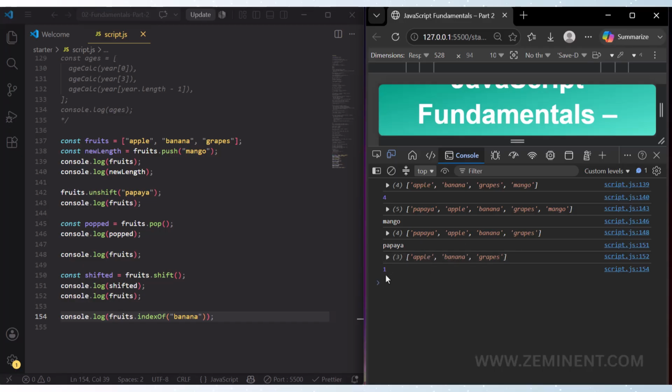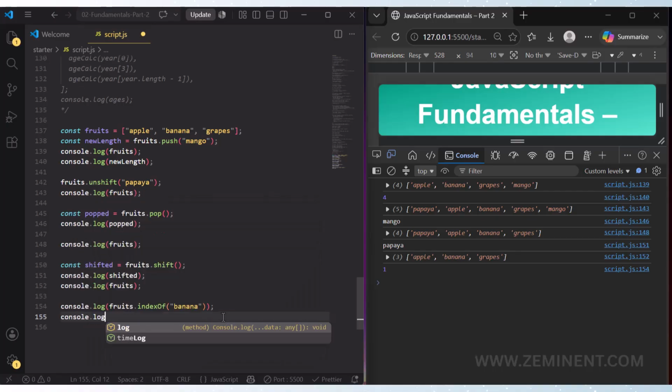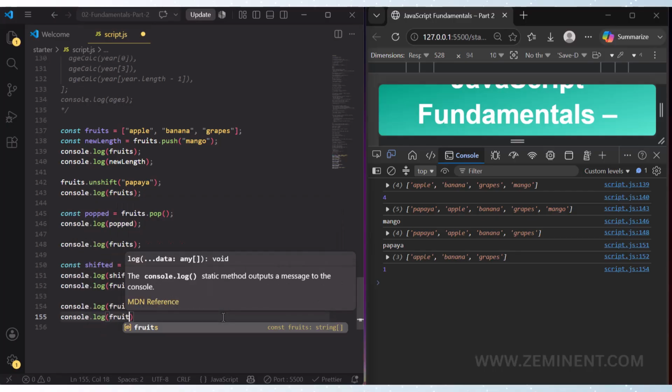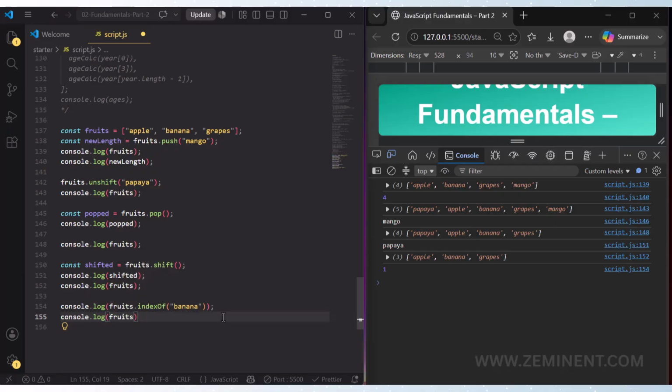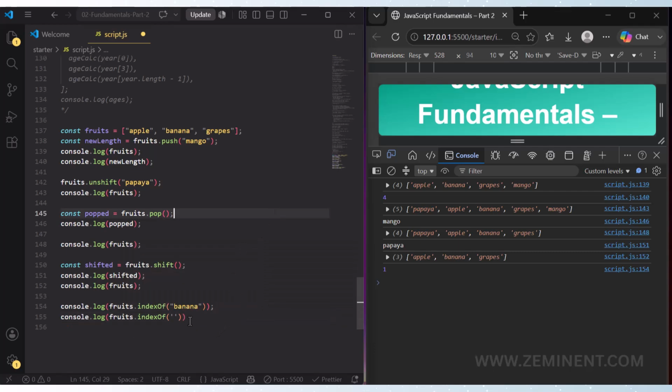And now I will show you one more example. console.log fruits indexOf. I am giving a name that is not in the array, that is pineapple.